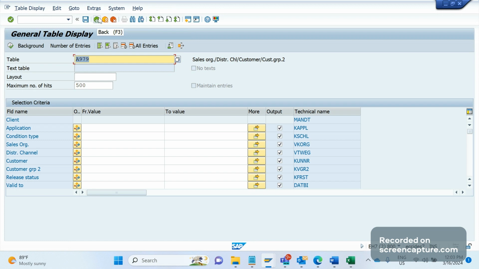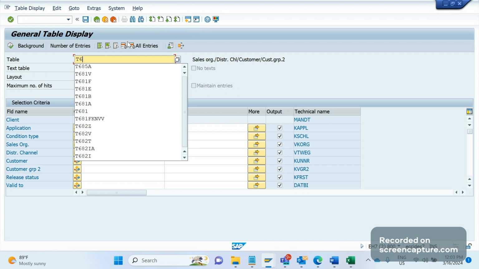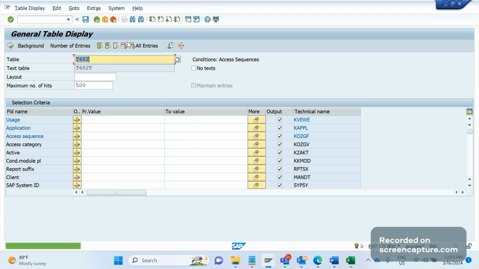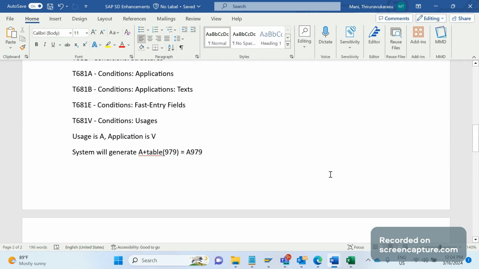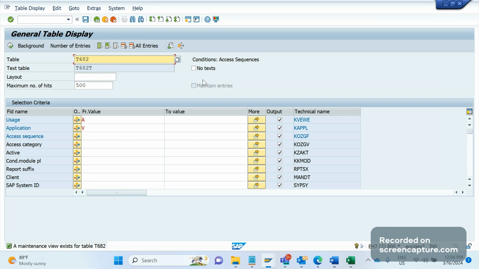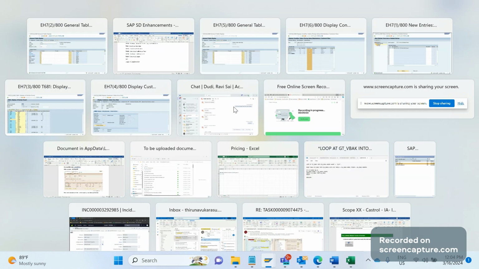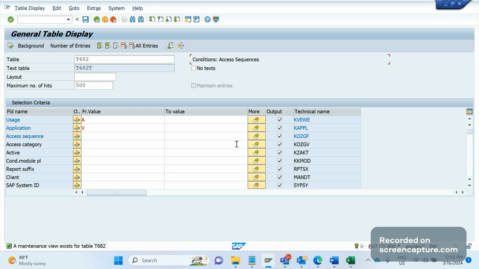And let me tell you a few more things about the database tables that we can use for access sequence. That is T682 is the first table. In the T682 table, we can see the list of all access sequences in the system. Here also we have the concept of usage, application and all. We should always go with A and B because we are SD consultants. We will be focusing on sales distribution pricing only, right? So this is T682. Let me note it down here. So here we can see the list of access sequences. And the second one is